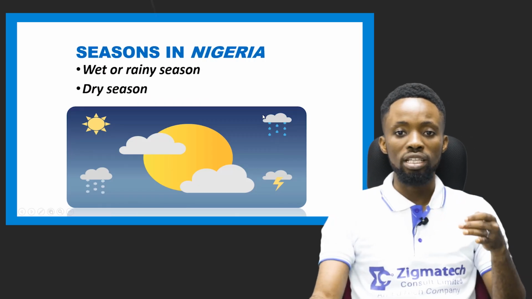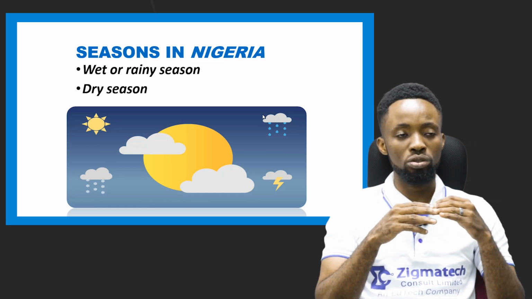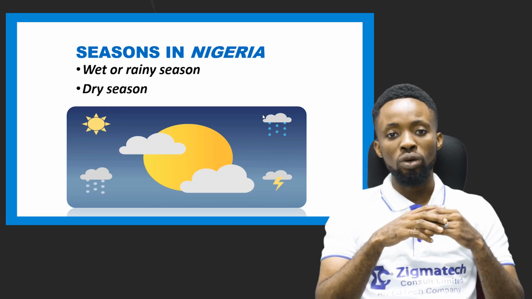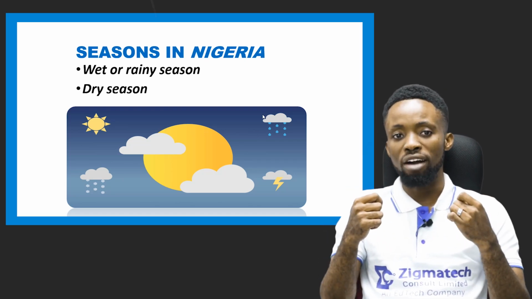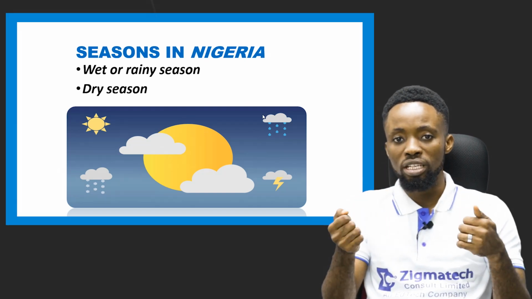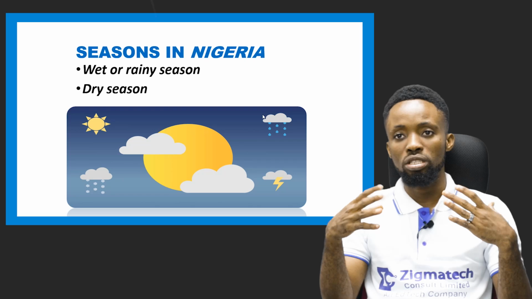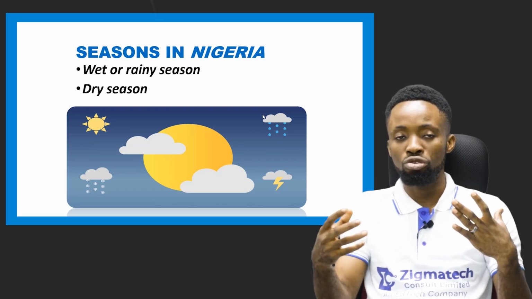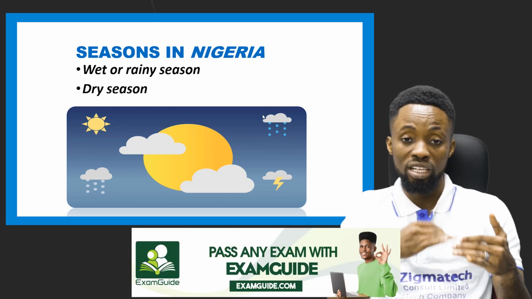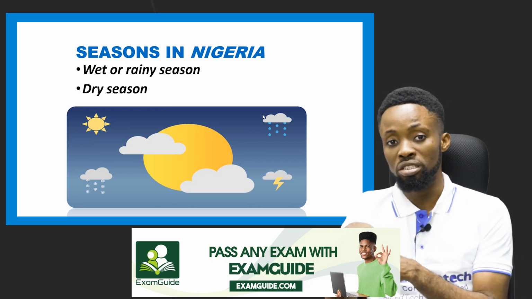Now, let's look at the seasons in Nigeria. Owing to the fact that we are found close to the equator, we have seasons different from the seasons in the northern and the southern hemisphere. When you go to the northern hemisphere, the European countries, the American countries, the southern American countries at the extreme south, and you also check the Asian continents,